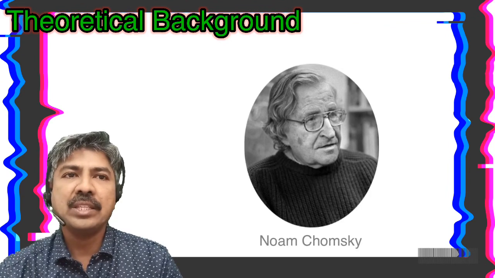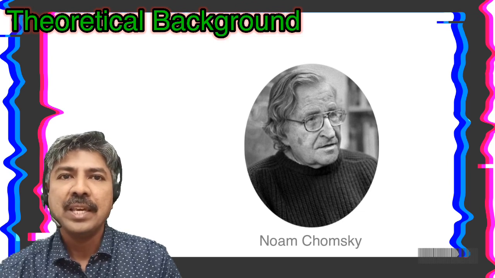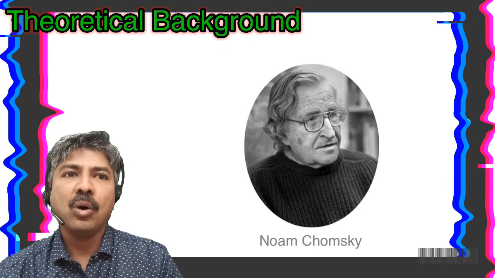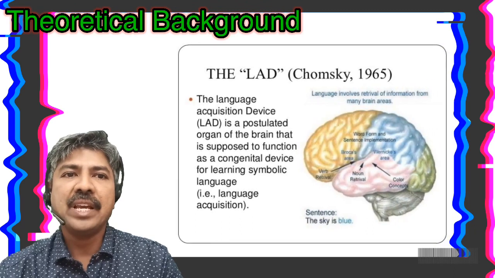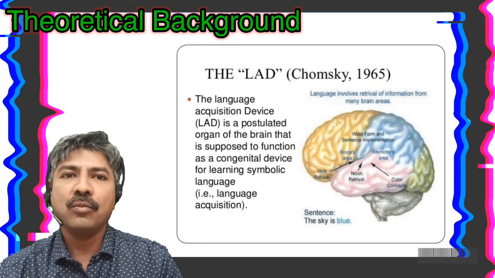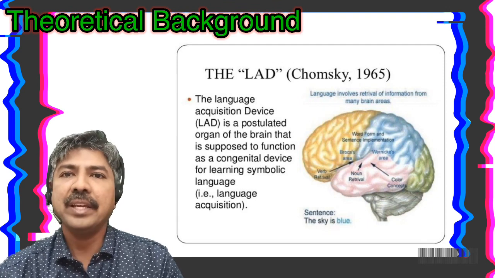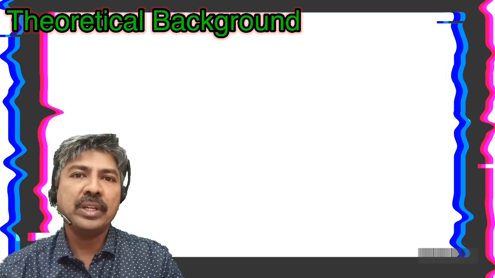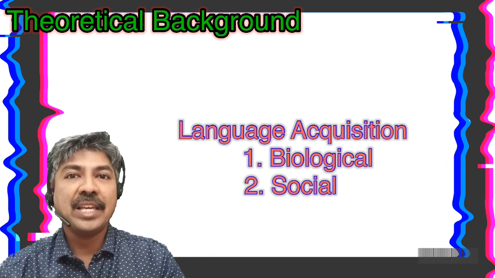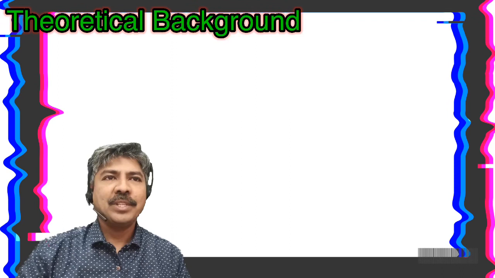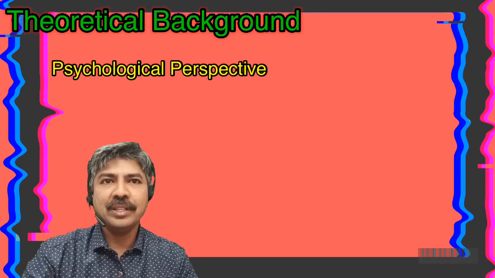But Chomsky challenges the widely agreed principle that language acquisition was mostly a learned process. He said that language is innate, or in other words, we are born with the capacity for language. Every child has an instinctive capacity for language, that is the language acquisition device, which aids in developing and learning any language. So based on the above, it is quite clear that language is both a biological entity as well as a social entity. From a psychological perspective, personality factors strongly influence learning.